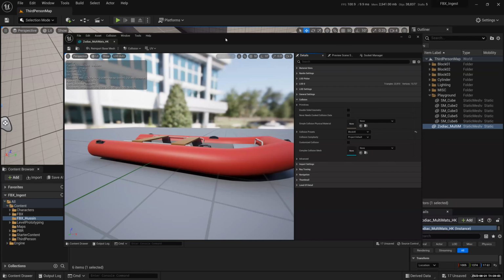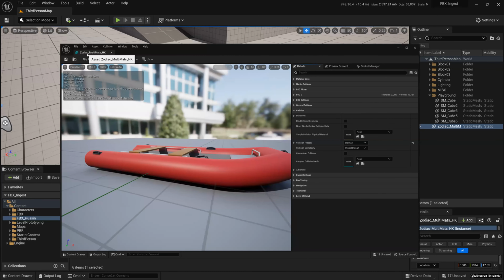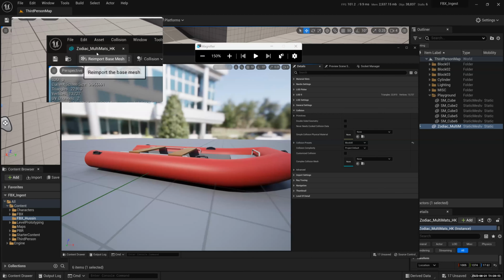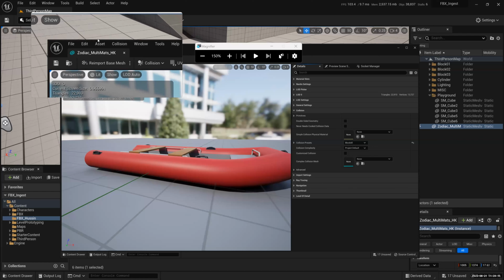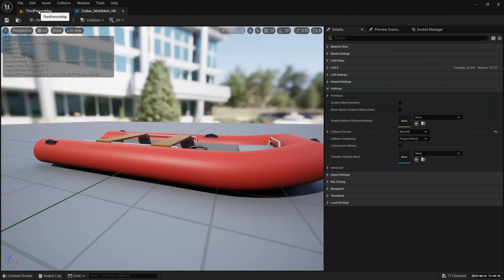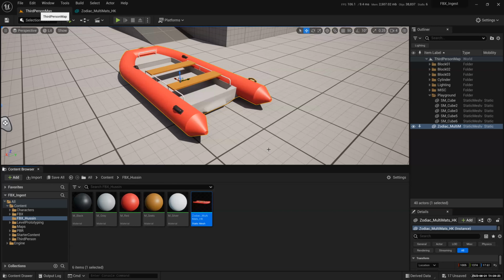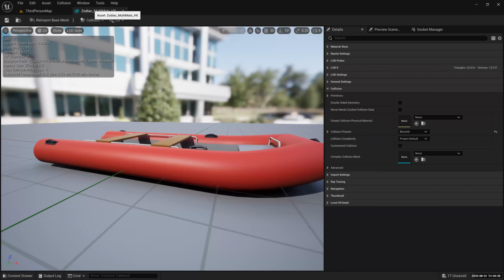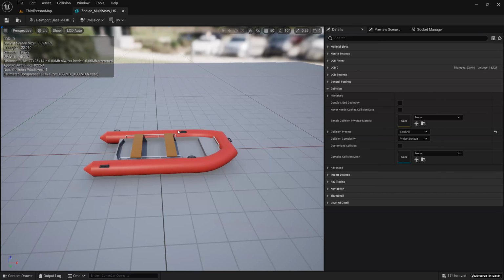So I've got this floating window, which I sometimes don't like opening up like that. What I like to do is select it by its tab here, this one with my name on top, and click and drag it to the top so it sticks there. Now I've got my viewport, the main window for my Unreal Engine, and my next step is the static mesh editor. Okay, so this is the static mesh editor.